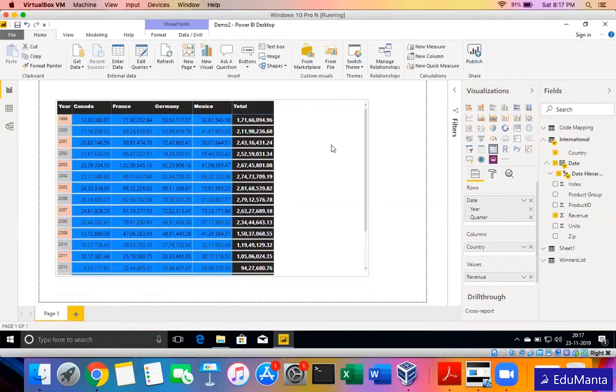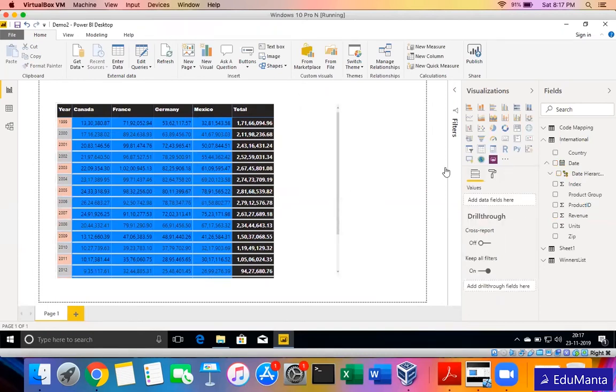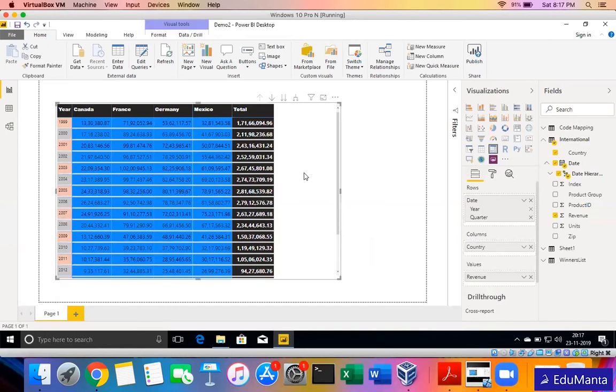So this is why matrix is used more popularly than table, because table is a very static structure. If you don't have hierarchy or something, or you want to see it just as a list of data and not as a column and row section, that okay, this data is a cross tab view of Canada 99, what was the revenue. But if you want it in a different way, then use the table. Otherwise matrix gives us more flexibility of how we want to display the data to the user.